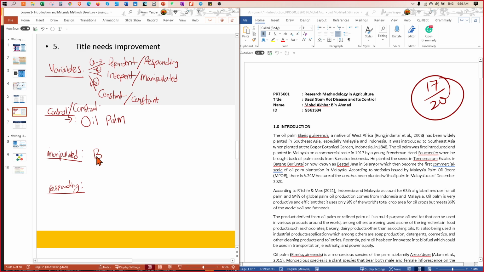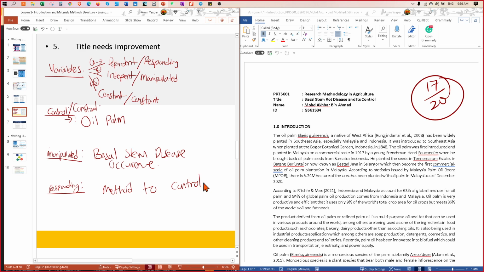So let's say that vessel stem disease occurrence, and the responding is method to control, for example.